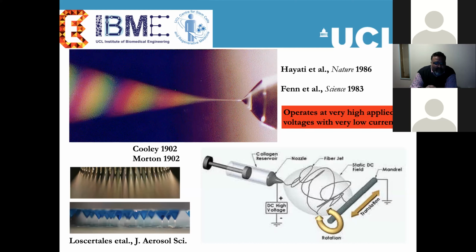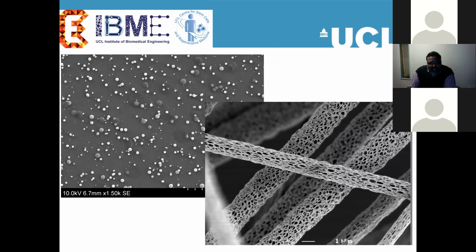I've pinched a couple more pictures from my colleagues in Spain. As you can see in the images on the bottom left, you can see how you can scale up these technologies. The residues, you can see what you can build. You can build some beautiful little drug delivery beads or scaffolds which are porous or solid, and the scale up of this is not a problem at all. And the beauty of the scaffolds is that you can control not only the cross stitching, but also the random nature to some extent in order to make